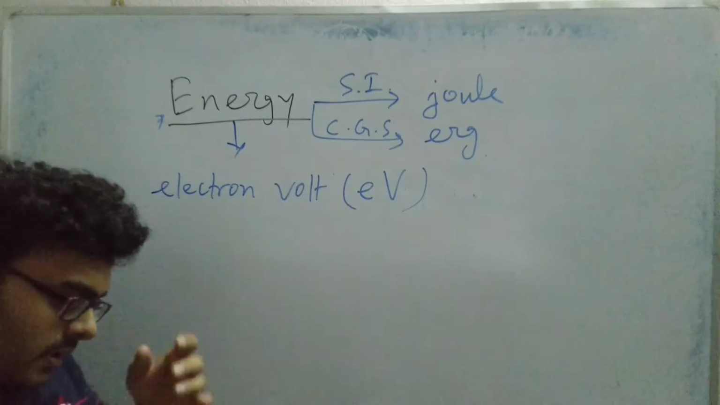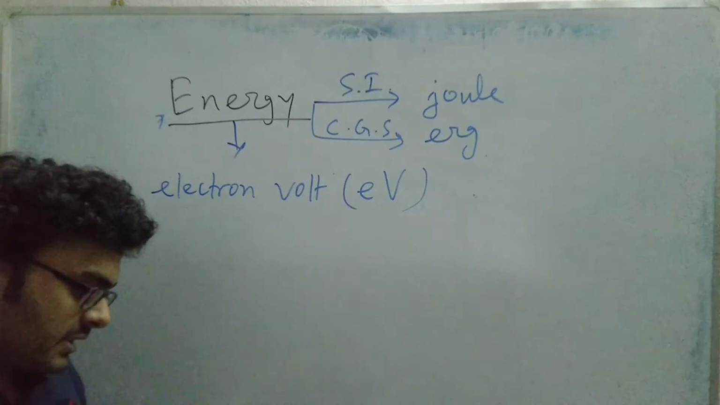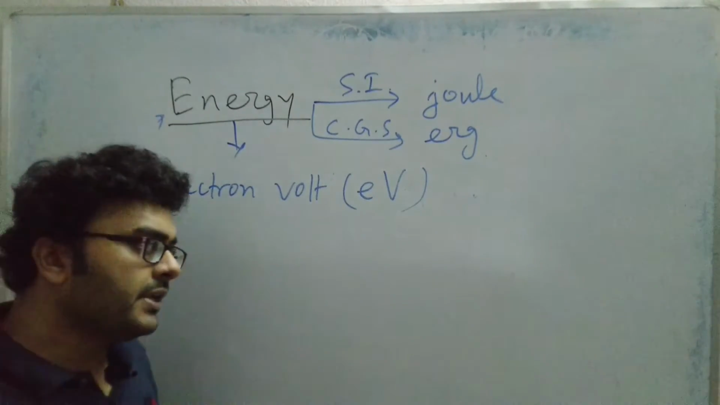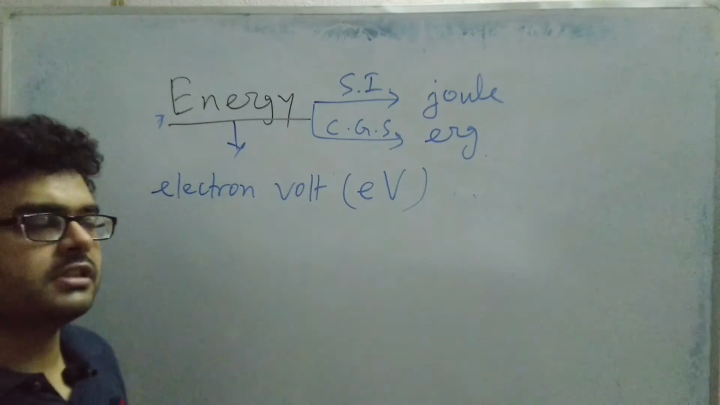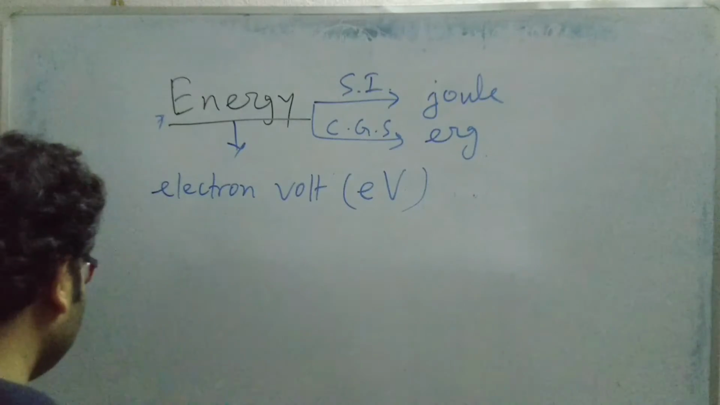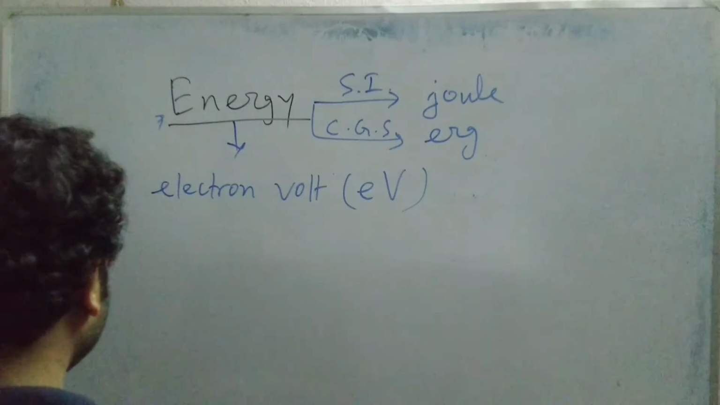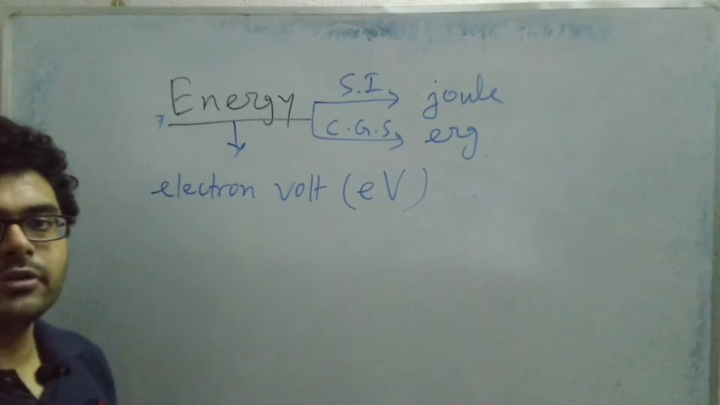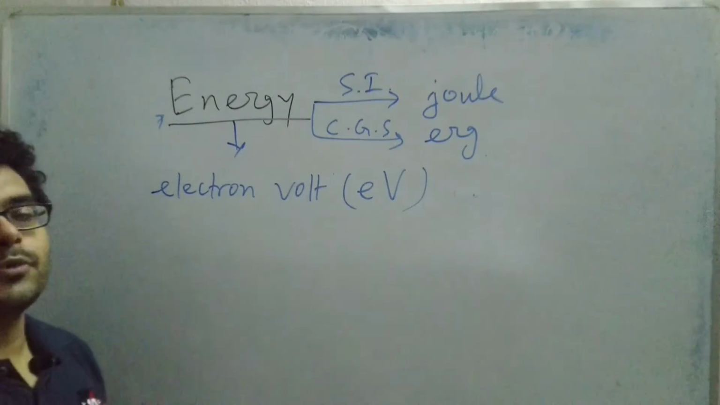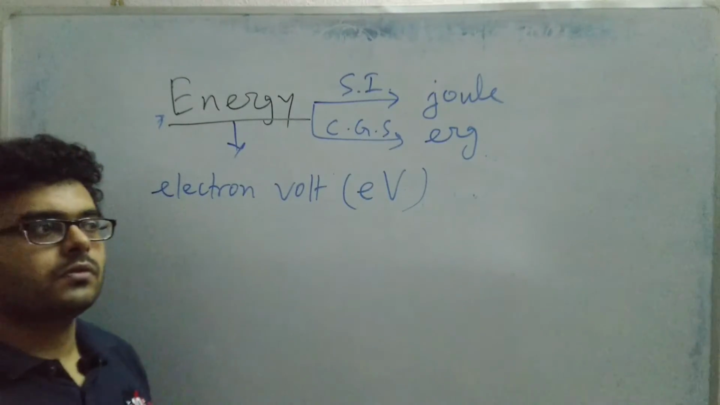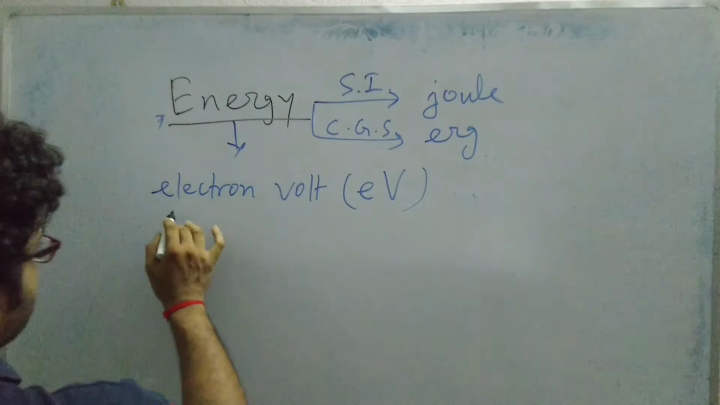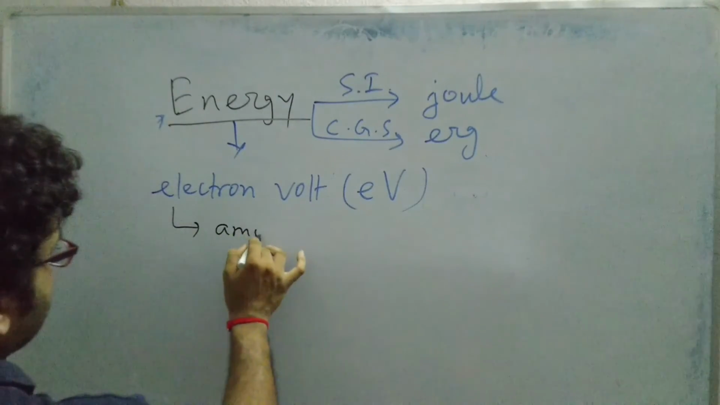Now, electron volt is a unit which is used for subatomic particles. Subatomic particles, what does it mean? Protons, electrons, these are the subatomic particles. So what is this electron volt? Electron volt is the amount of energy that an electron gains when it is accelerated through a potential difference of 1 volt. See, electron volt is defined as the amount of energy